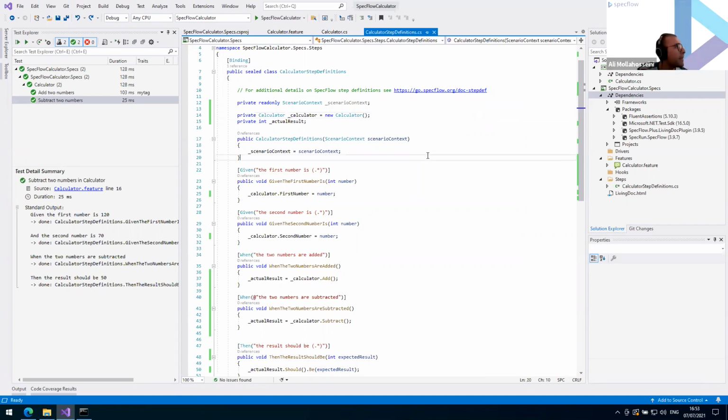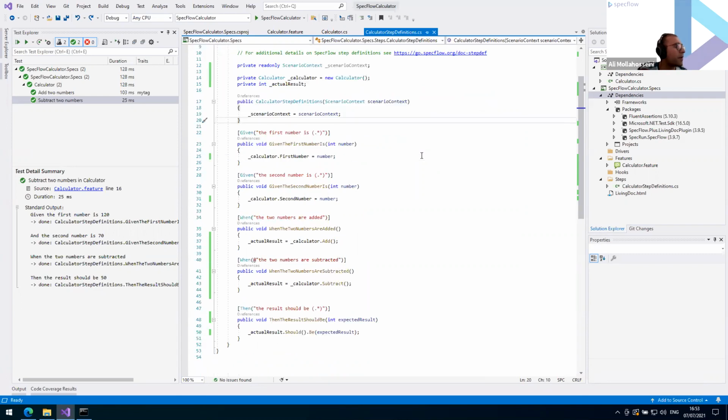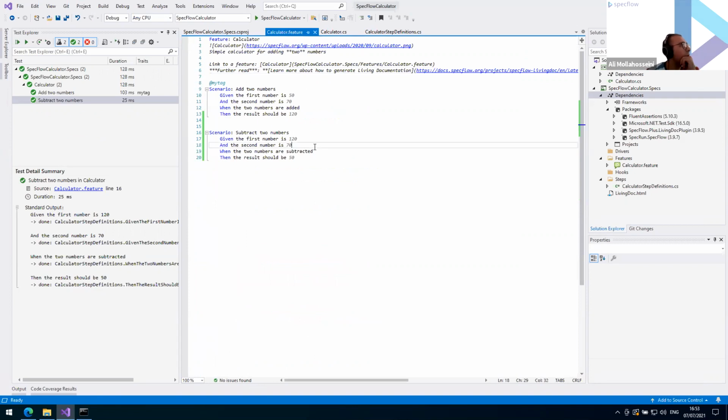Cool, Andy. I've got an interesting one around Gherkin. Are Gherkin statements, given-when-then, meant to be reusable amongst different projects and solutions, or should they be isolated to the scope of that particular project or solution? The second one. It's the scope of the project, because